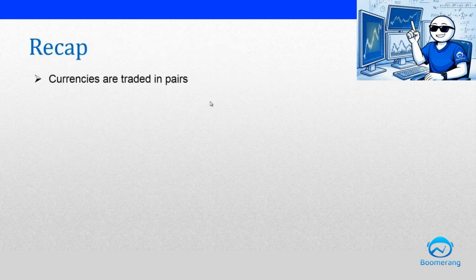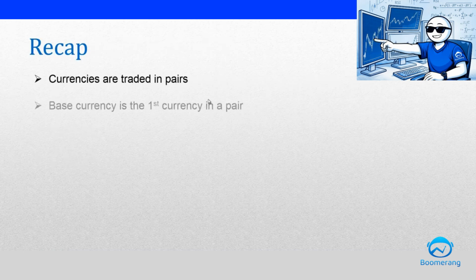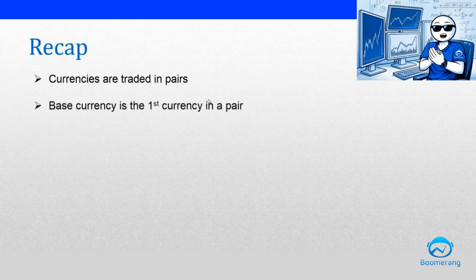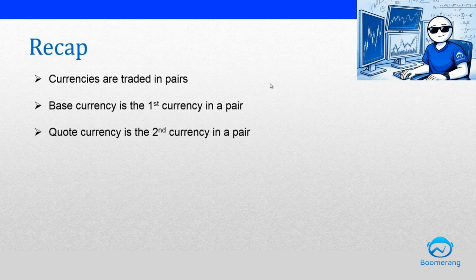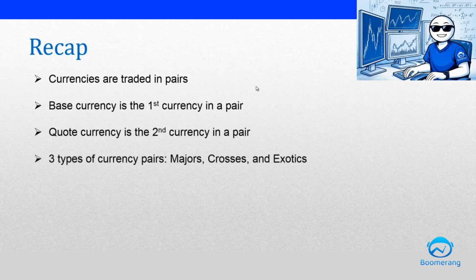So a quick recap. Number one, currencies are traded in pairs, not as a standalone. The base currency is the first currency in the pair. The code currency is the second currency in the pair. And there are three types of currency pairs: major, cross, and exotics. So with that said, let's move